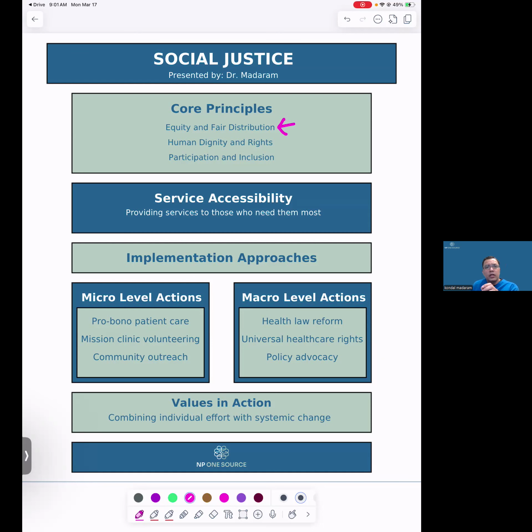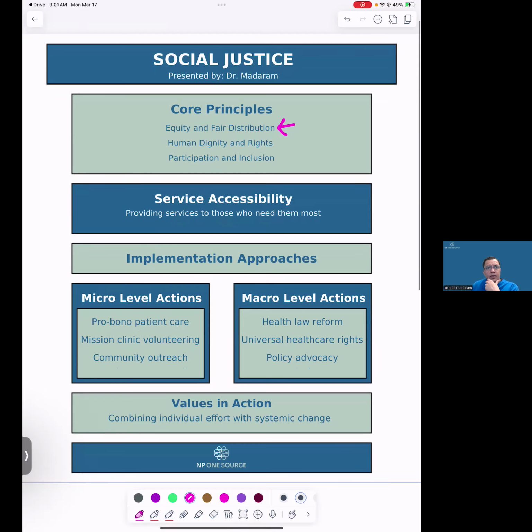And then when you think about human dignity and rights, every patient deserves to be treated with respect and should have access to healthcare services without discrimination. So, ensuring non-discriminatory policies in hospitals so that patients, regardless of race, gender, and income level, receive quality of